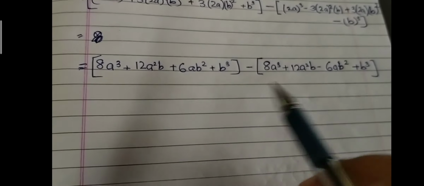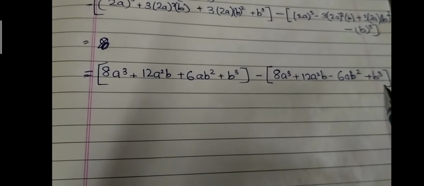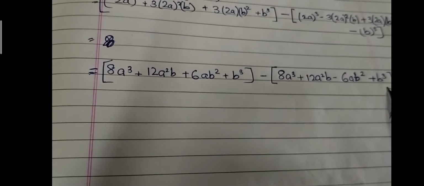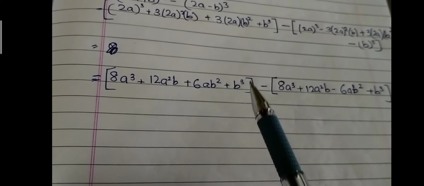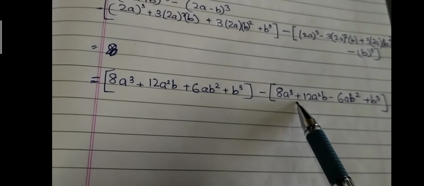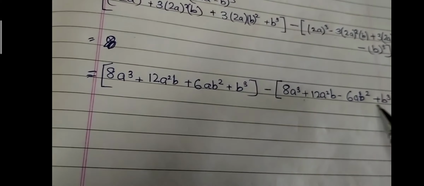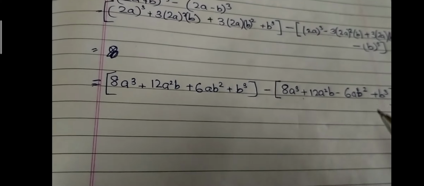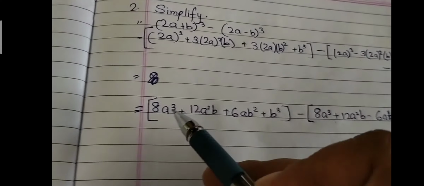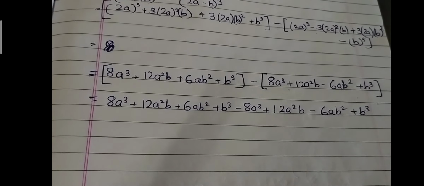Now students, here it is a minus sign. So when we open the whole bracket, the sign will be changed. Here we have already changed the sign, like minus we have made plus over here. Then here it is plus, so plus minus, we got minus over here, and this minus we have made plus. So when we have opened this bracket, we got this answer. Now it will be minus, so again we are going to write it. When we have opened the bracket, we got the answer like this.